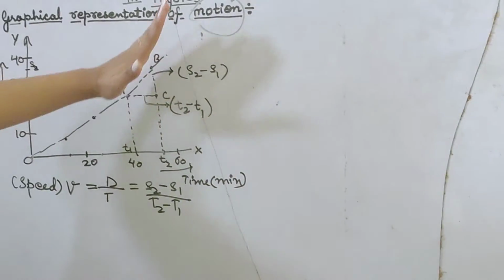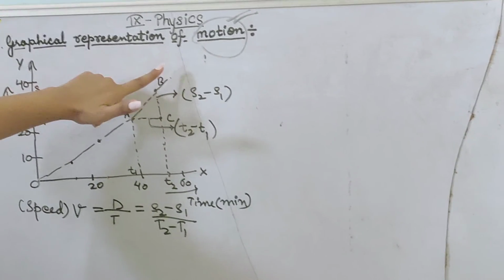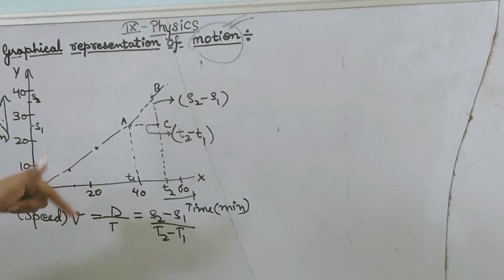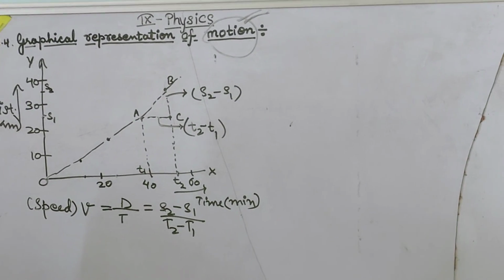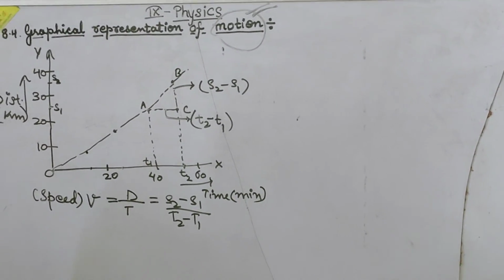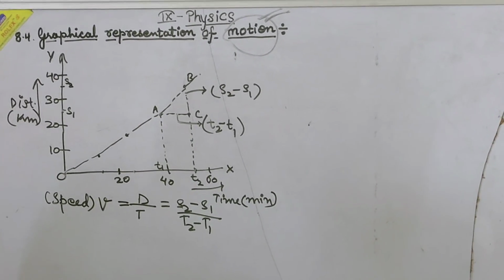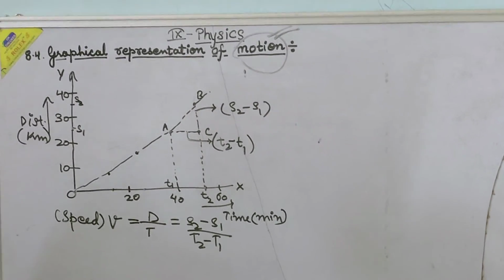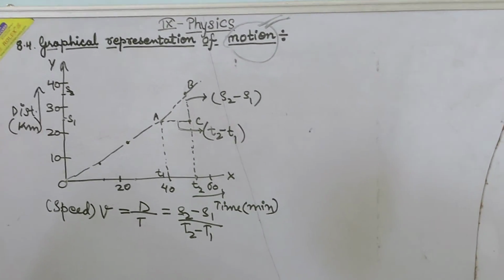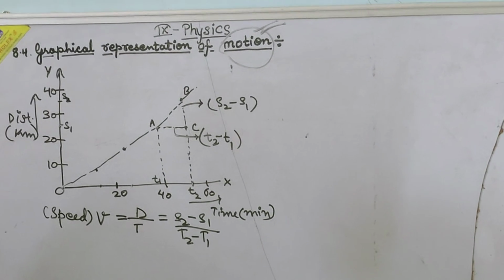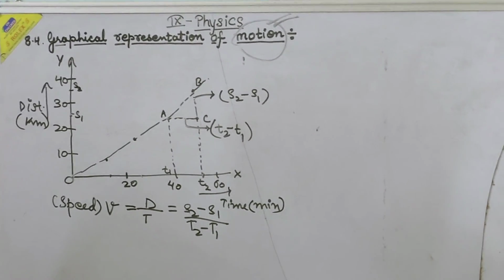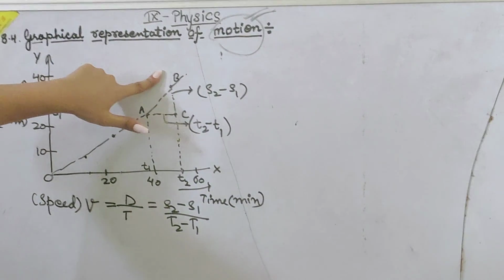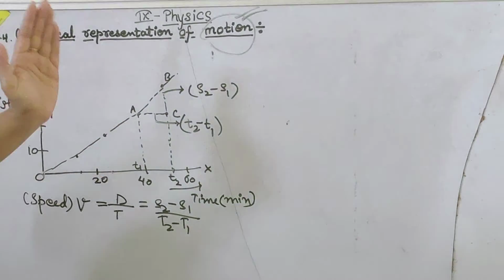We will join the points. Like we joined the points in such a way, we got a straight line. And in the other graph, if we join the points, it is in the form of a curve. Which type of motion is the object moving in? Uniform motion? Non-uniform. The distance-time graph for the motion of the car is shown in figure 8.4. Note that the shape of this graph is different from the earlier one. Did you notice the graph is different from the previous graph? Yes, it is like a curve.